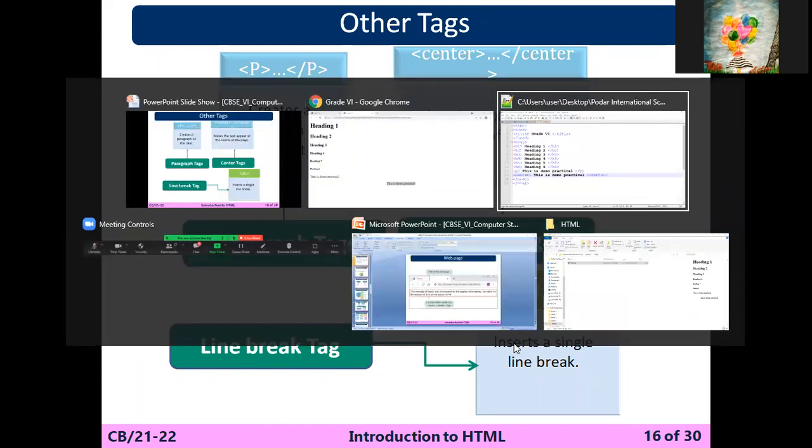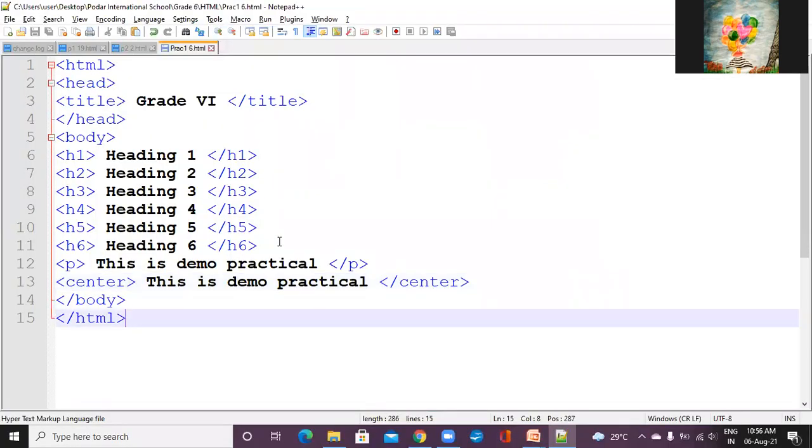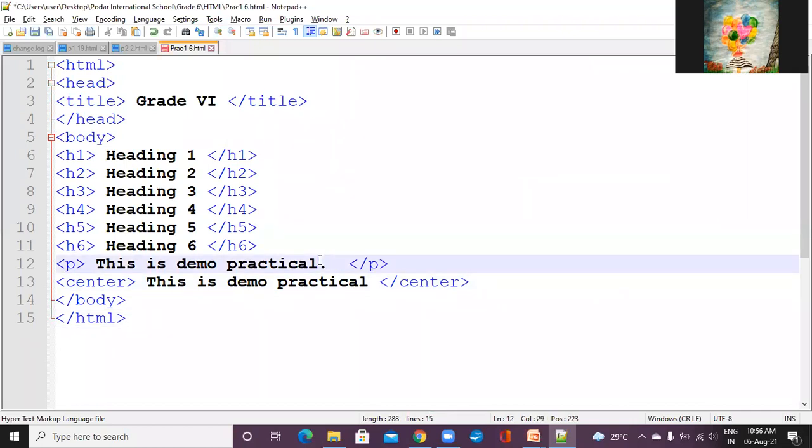Let's see a demo for that. I am writing here. This is a demo practical.